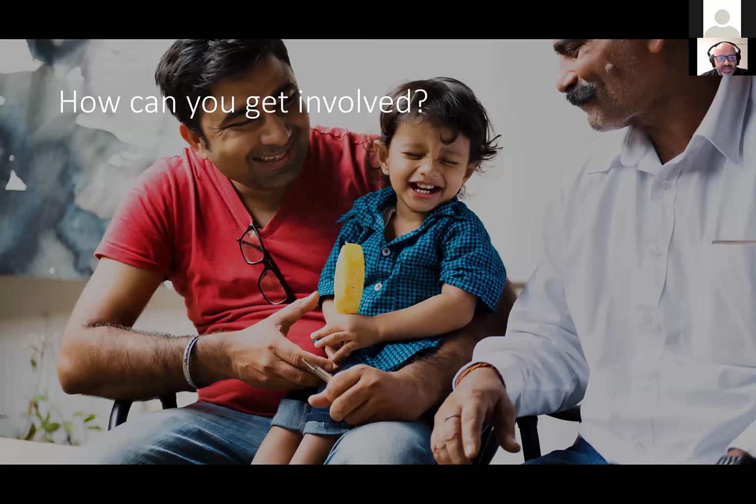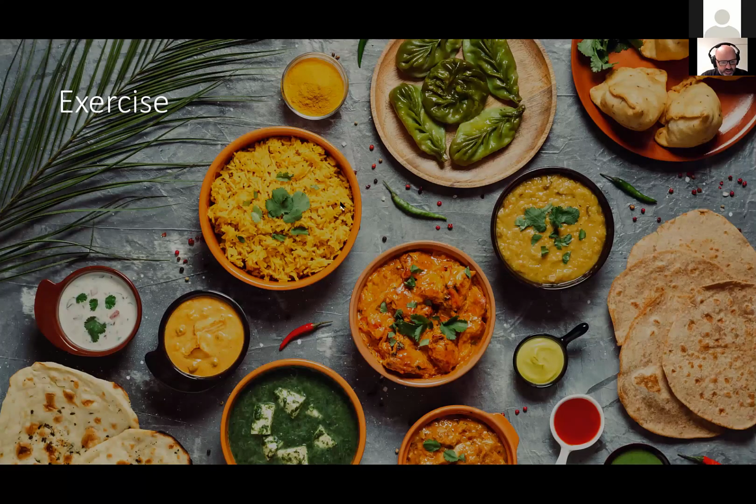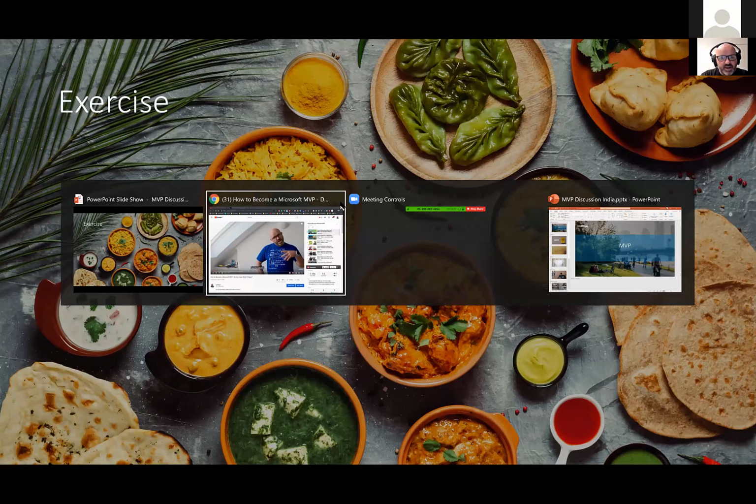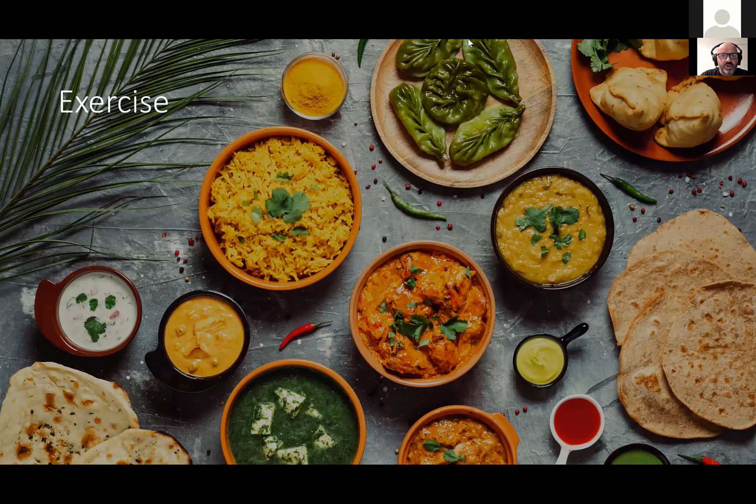So here is your exercise. I want you to answer this question: how can you get involved? In the chat window now, I want you to quickly put every idea that comes to mind. If you consider 2020, how are you going to get involved in the local community in India? What are you going to do? What are you going to lead? What are you going to create? I want you to put all the answers in chat right now. I'm going to jump across to chat, so let's bring up the chat window and see what you have to say.